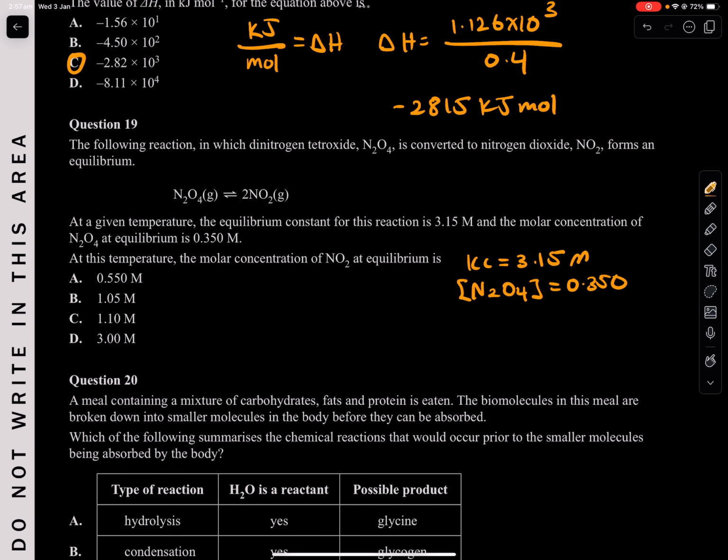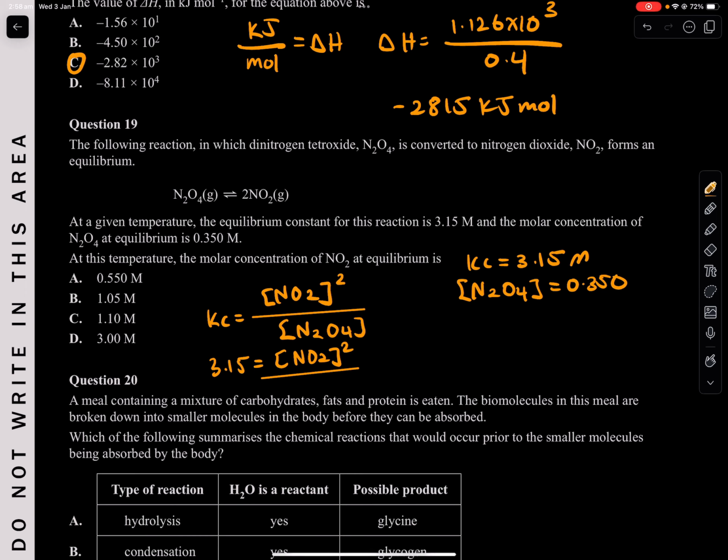It's such a beautiful question. You should know that Kc is what? Well, it's the product, so NO2. What's the coefficient? It's 2, so it gets squared, divided by N2O4, the reactants. Well, we know the Kc is 3.15 at that temperature, and we want to find the concentration of NO2,